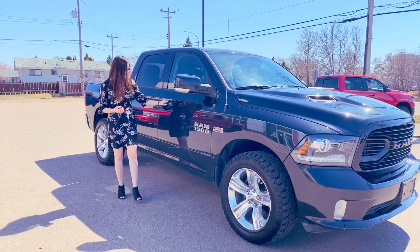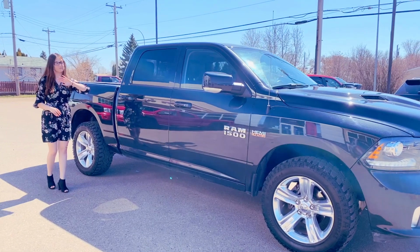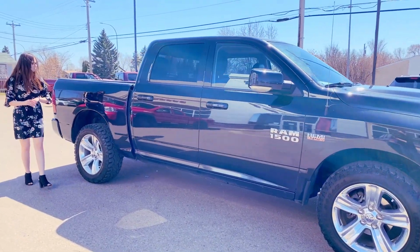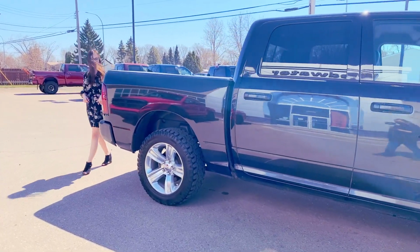You're also going to have color matched door handles, and they do have your proximity entry on them. You're going to have your chrome badging all along the side. And then this one does have your 5.7 bed. Coming into the back,